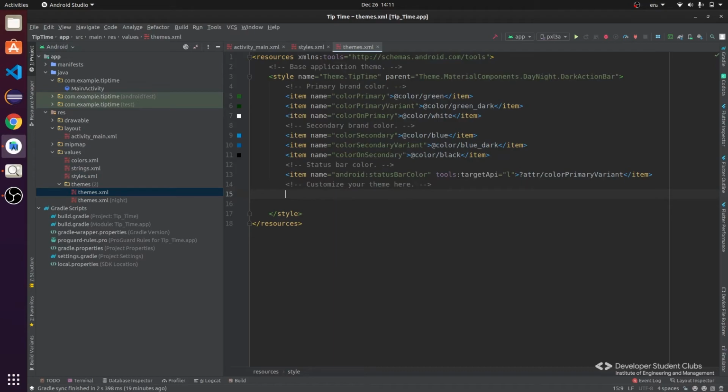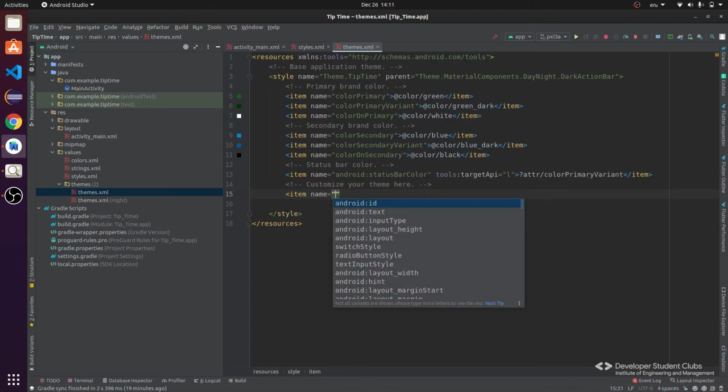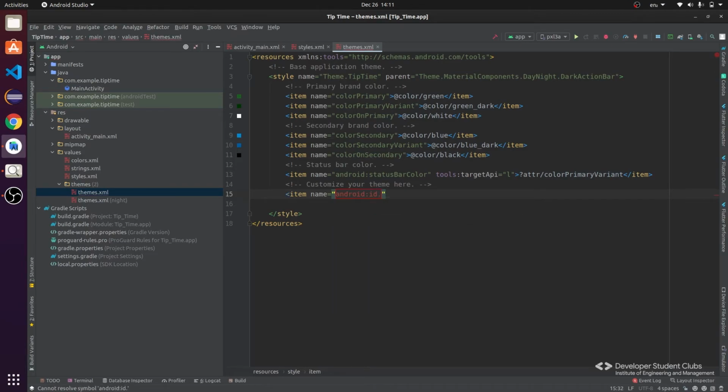So under themes.xml file, we'll add the item, and the name of the item will be android dot, that would not be ID. What can it be?